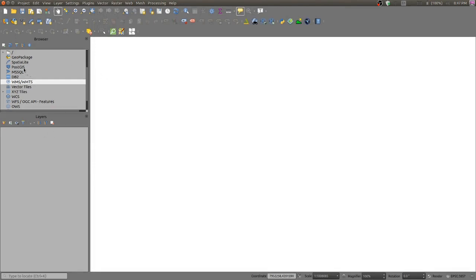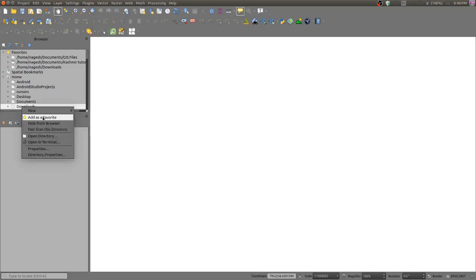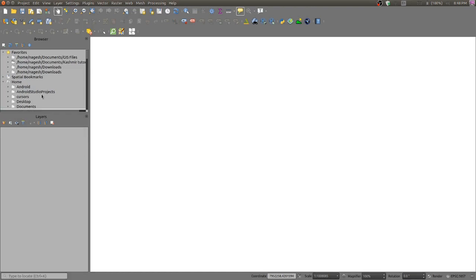Here there is something called favorite. Here it is just like an Explorer window. You go to that folder where you have downloaded the images and add it as a favorite. Suppose I have downloaded in the download folder, I can add it as a favorite, like double right clicking and adding as favorite. So it will be showing under the download folder. By enlarging that, I can see all the files which I have downloaded.